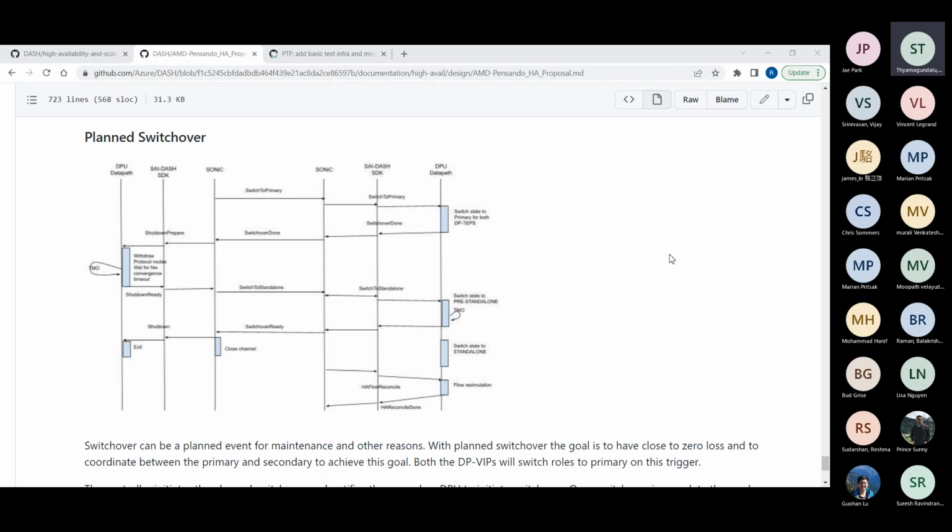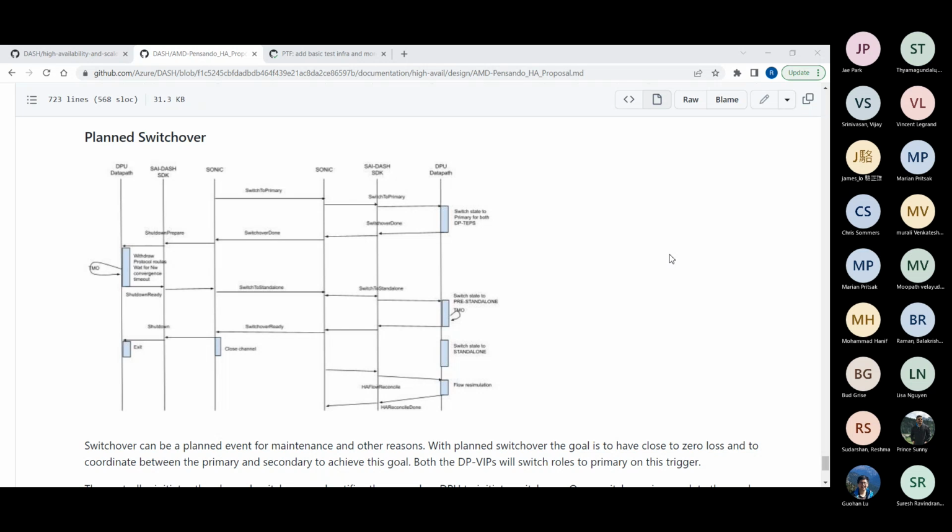It might be, for example, we were doing a DP, let's say a data path sync. The new flow, which arrived on the right side, we sent the data path sync packet to the left. Now we are waiting for the ACK to come back. If we moved over immediately to standalone, we would drop that ACK. We don't want to do that. So this pre-standalone gives that window where we can still handle those ACKs properly and then switch over